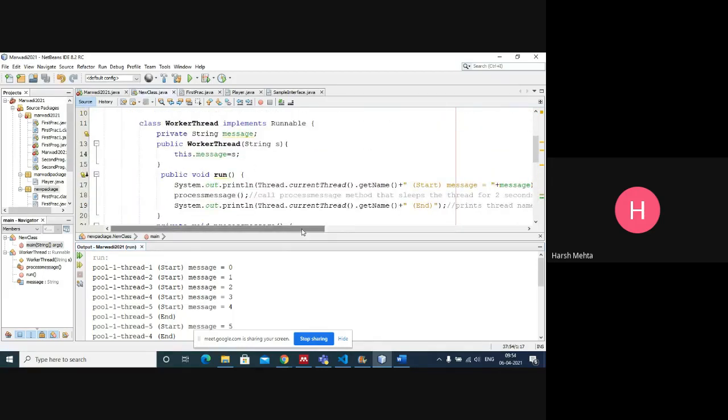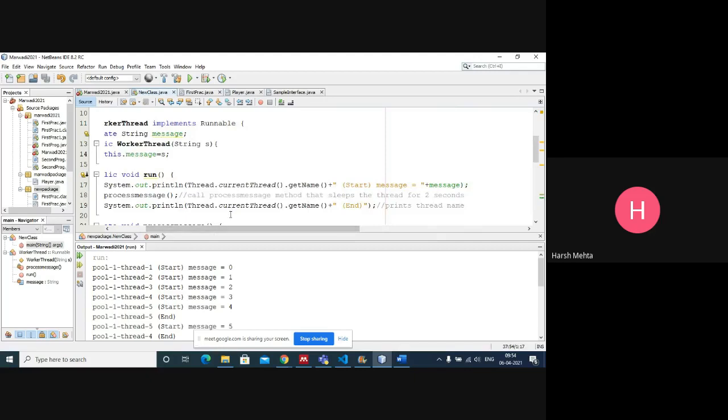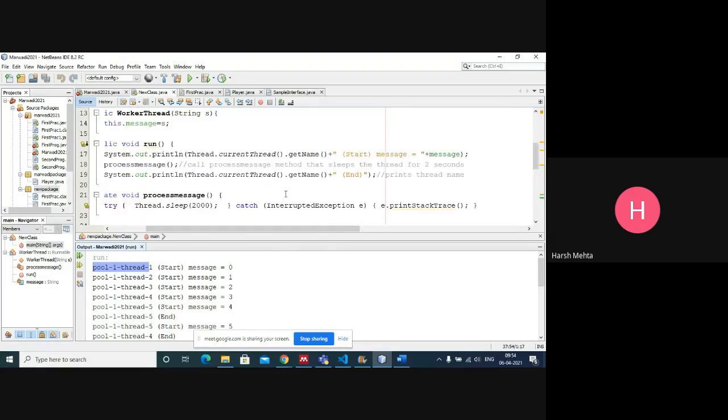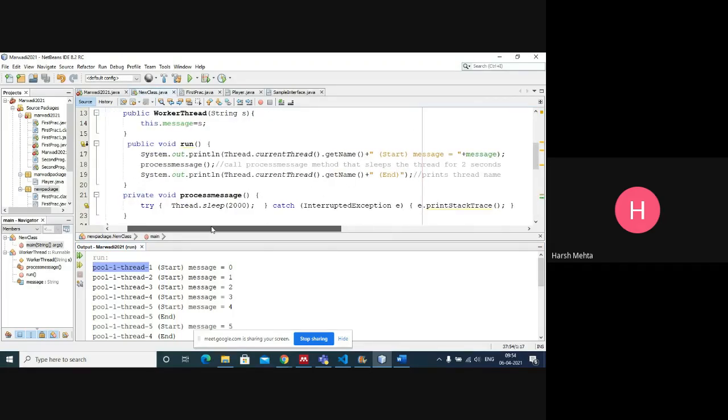It will say pool 1, thread 1 start message 0. First it takes pool 1 thread 1, and then it calls the process message method.